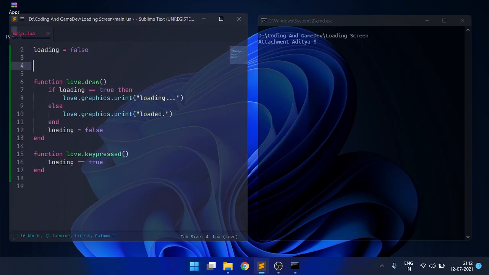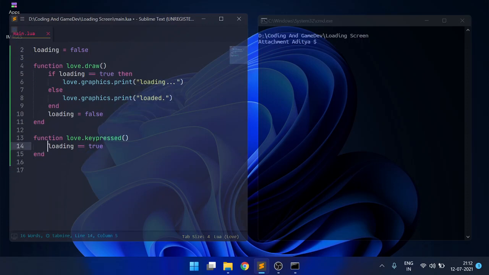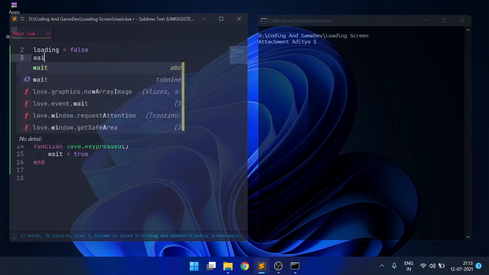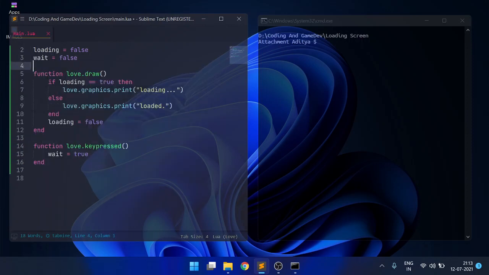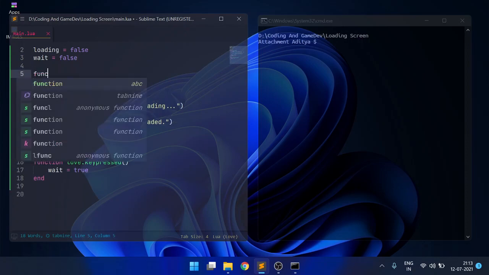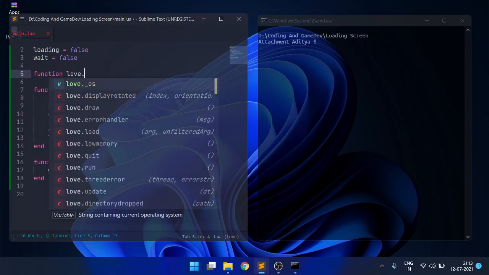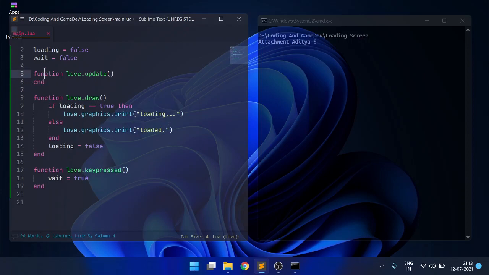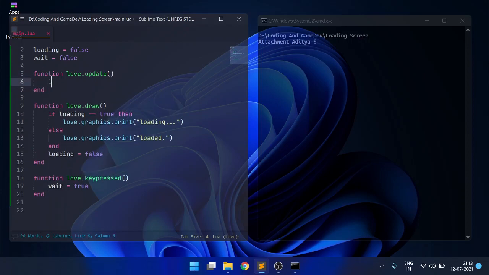Or rather wait is equal to, sorry. So I'll create a variable named wait equals false. So function love.update and end. Here we write if wait